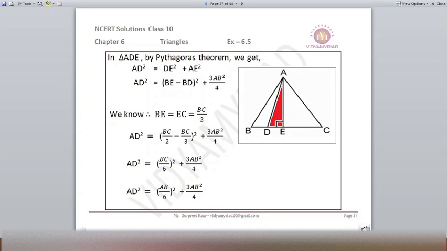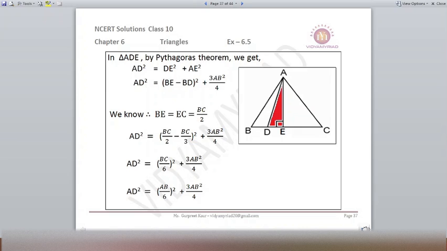Now in triangle ADE, if I do by Pythagoras theorem, we get AD square is equal to DE square plus AE square. Now here, what is DE? DE can be written as BE minus BD, the whole square, plus AE value we have just found, 3AB square